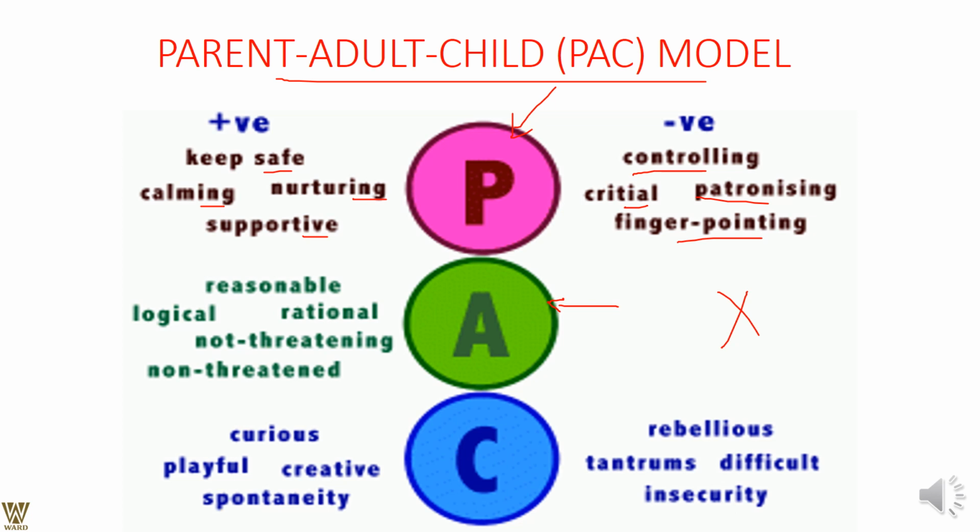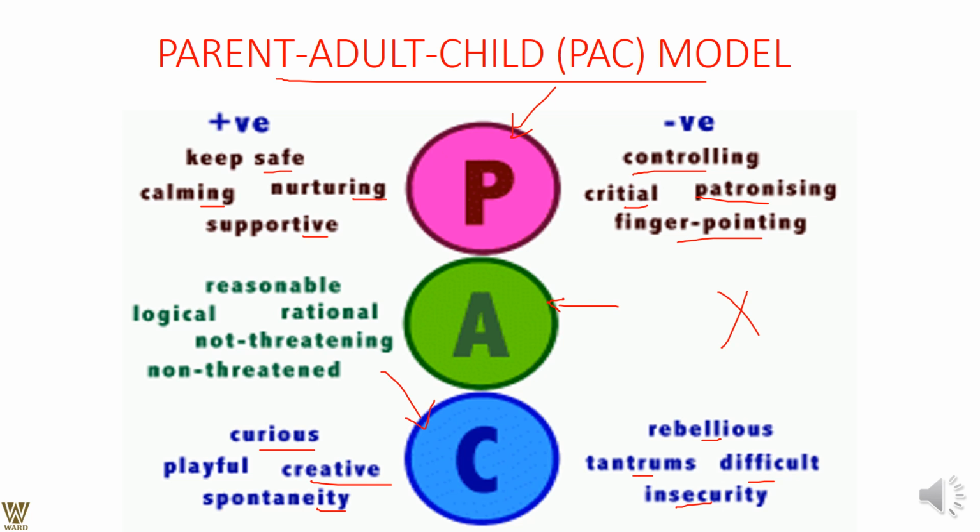Similarly, when it comes to the child ego stage, look at what happens with the positive things. The child is the one asking questions, showing creativity and spontaneity, with a jerk of activity that comes around it. People might act before thinking. Now these are the positive things that can yield positive responses, but in case it yields negative responses, what happens? It becomes insecure, people become rebellious, they are difficult to manage, and throw tantrums.